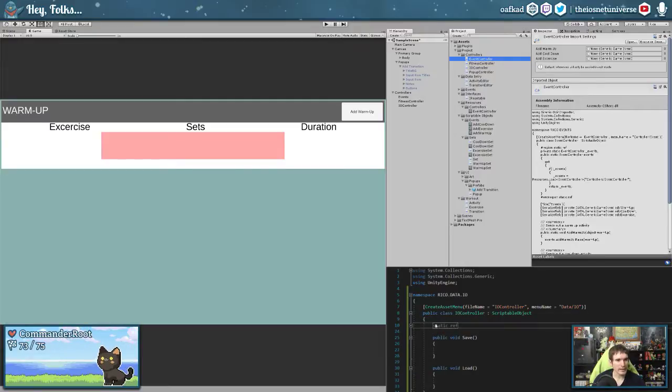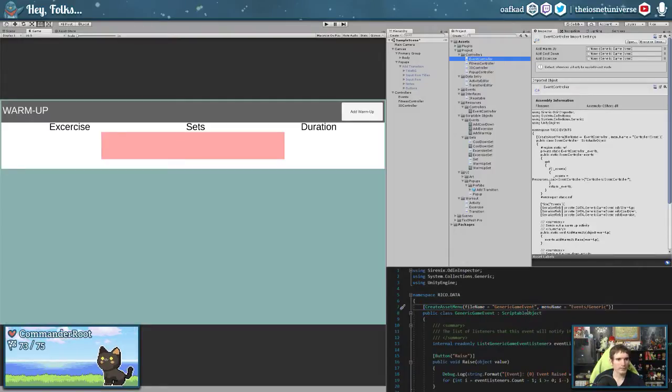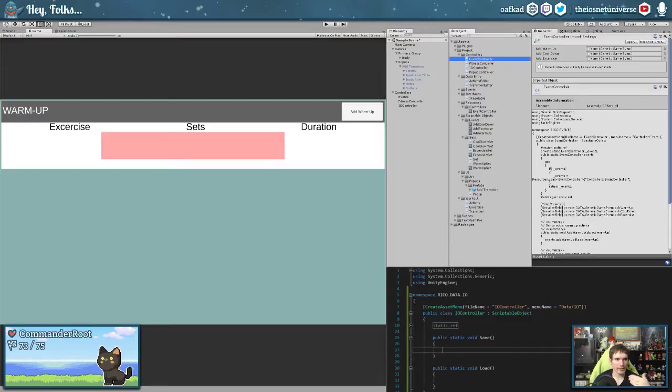So now we've got our static reference, and the reason for that is so we can do public static void on these two. That way, anywhere in the project, I can just write, for example, and over here, I'm just picking something random, you could do IO controller Load, and this would load. Now, obviously, you can tell that this isn't providing you any data back. We may have it start sending the information back when it loads, or when it loads, it'll fill a static data reference that then anything can read from. We'll figure it out as we go along.